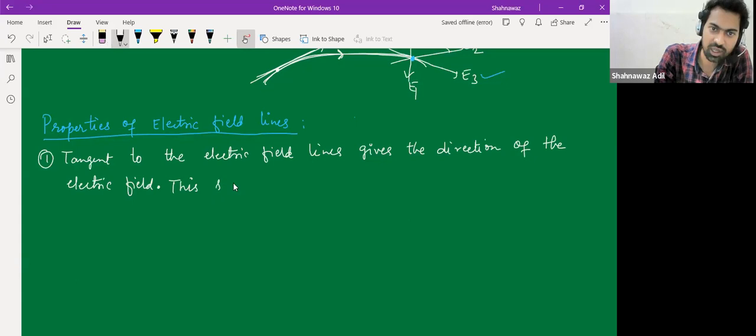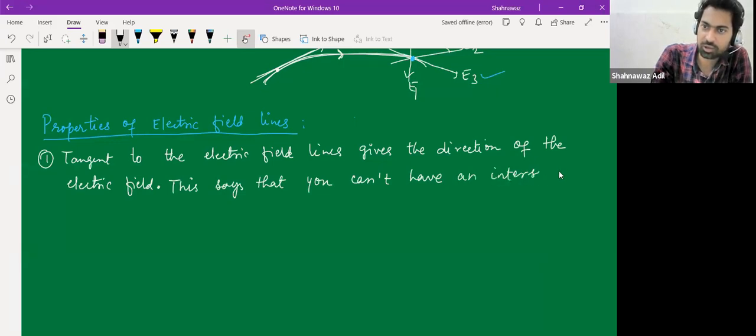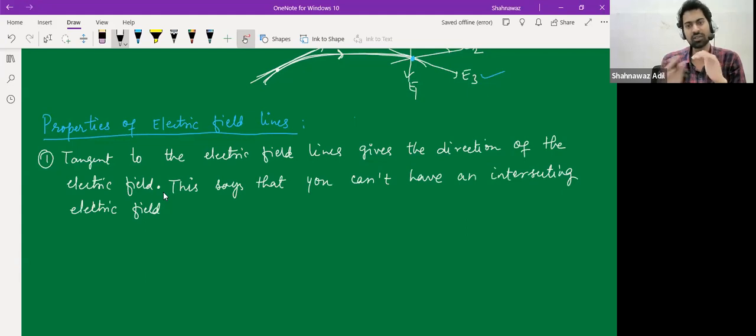This says that you can't have intersecting electric field lines. So this property suggests that if you have two intersecting electric field lines, that is prohibited. You can't have intersecting electric field lines